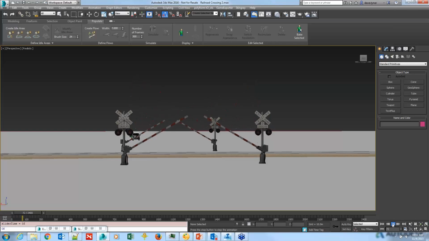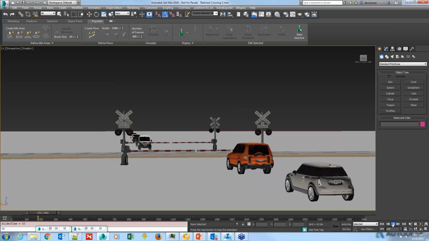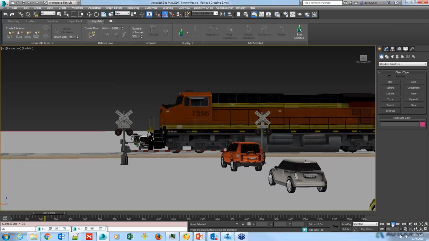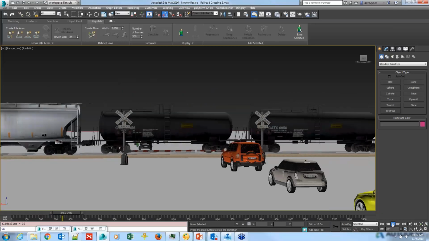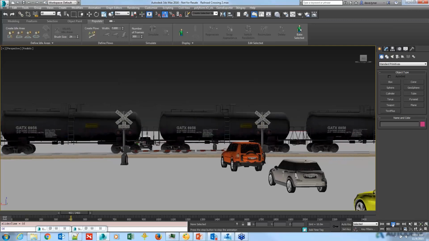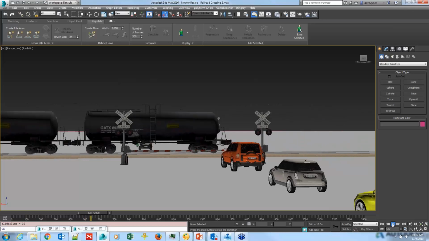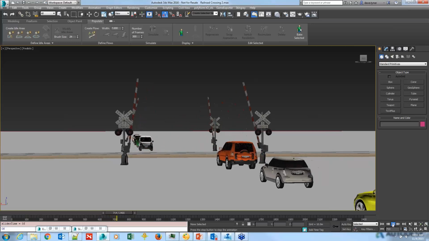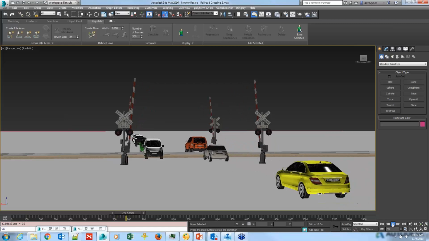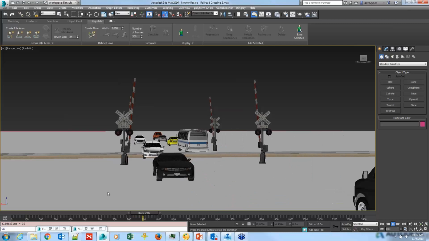So the crossing arms come down, and the train is coming, but some cars come up, they stop. The maybe slightly too large of a scale train goes by. And then, as if by magic, the gates will go up and the cars will drive. And we'll handle the little bump that they just clipped through right now. So that's what we're hoping to achieve over the coming